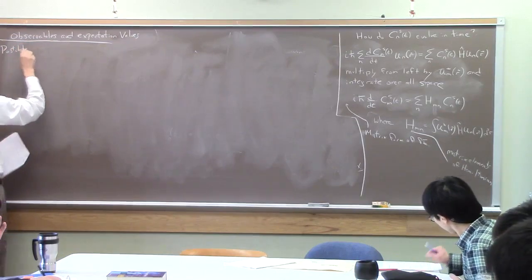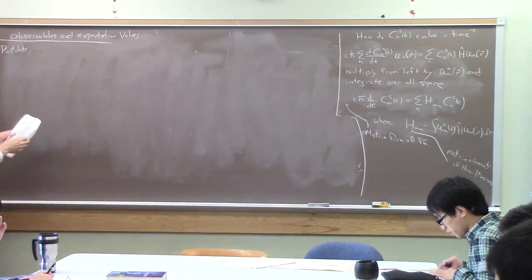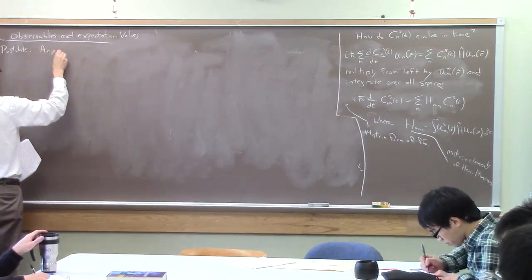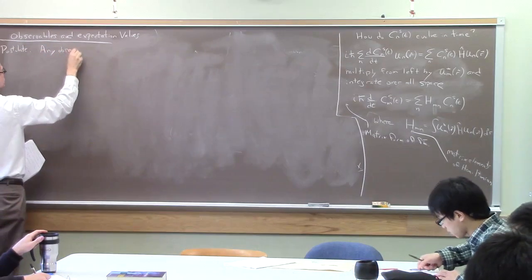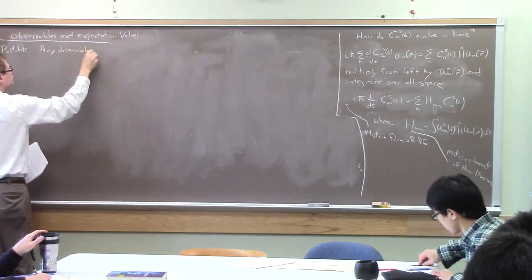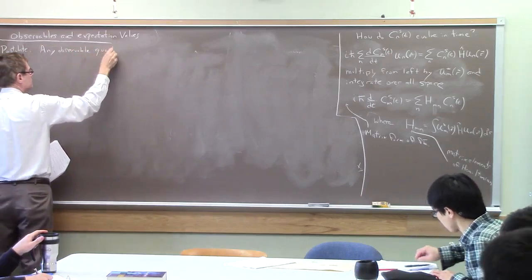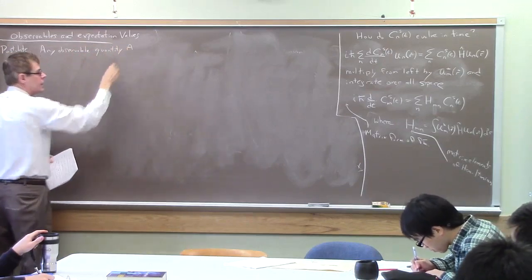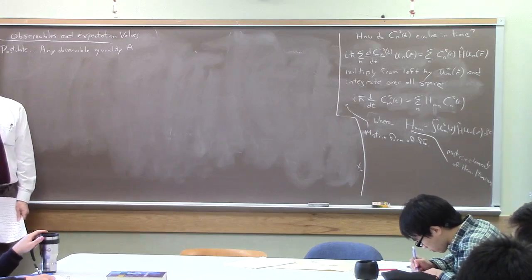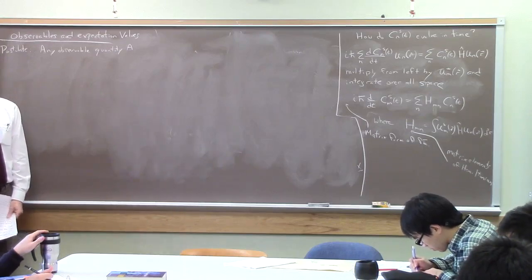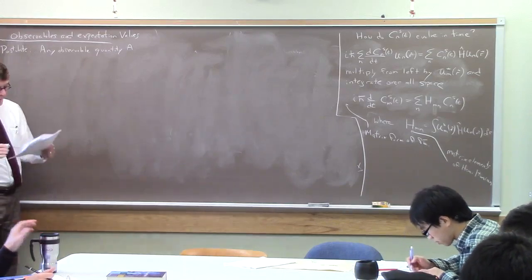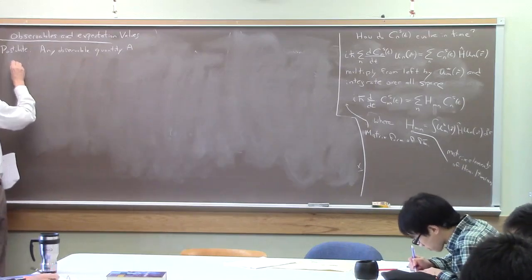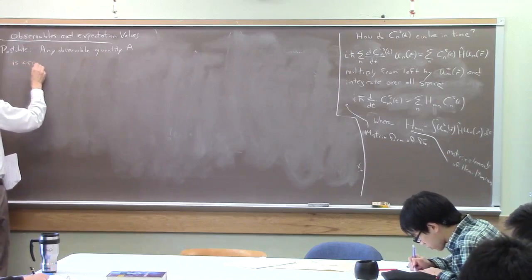Another postulate of quantum mechanics is that any observable quantity, I'll just call it A for now. This could be position, momentum, energy, angular momentum, anything that you could go to the laboratory and measure. Any observable quantity A is associated